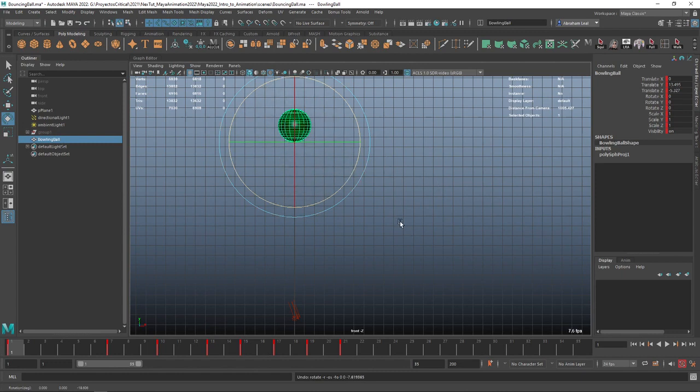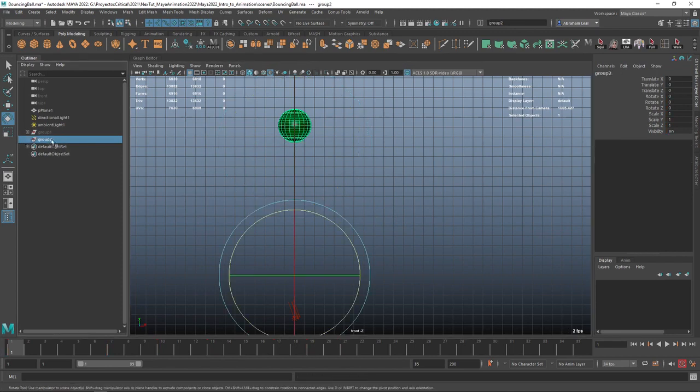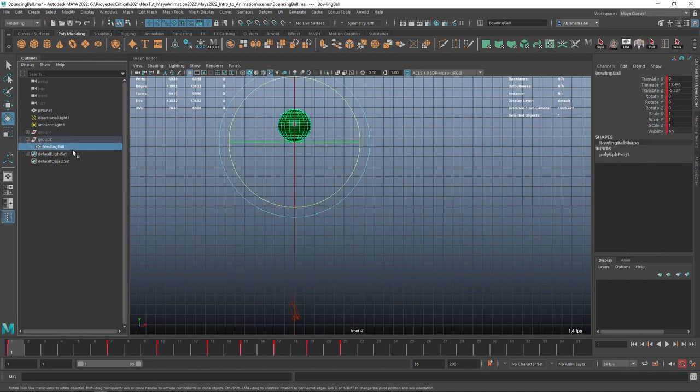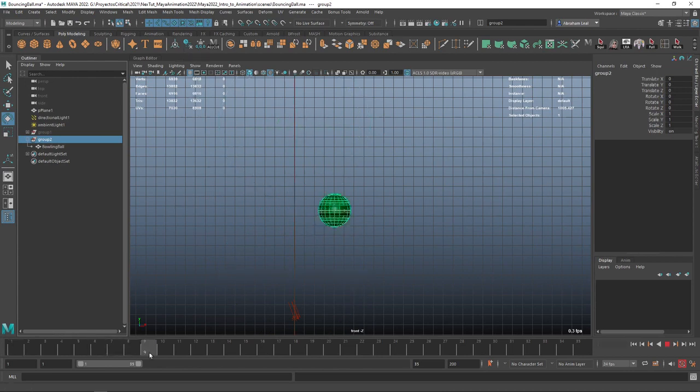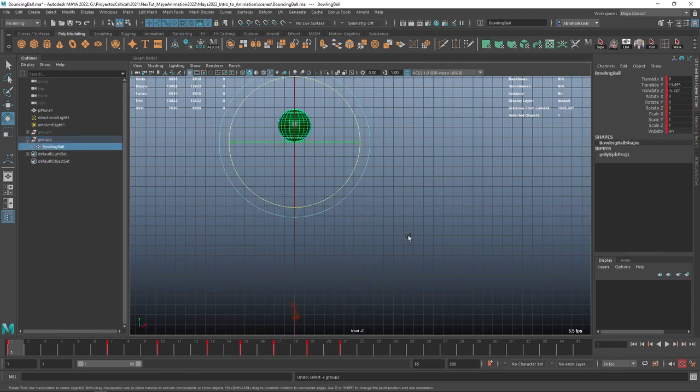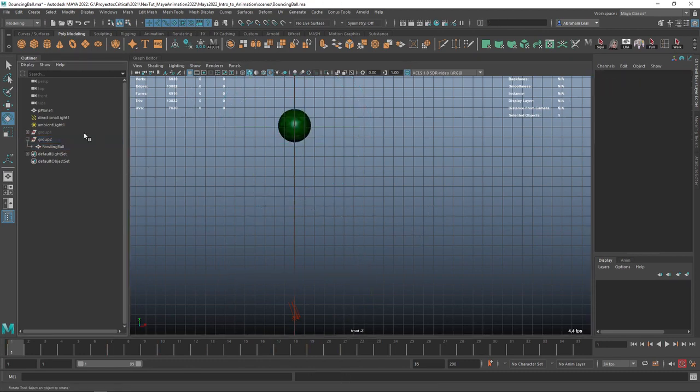This is something that we're gonna be taking a look at later on when we do some simple rigs, but there's something called a hierarchy. And if I group this guy, Control G, now this group right here is a parent of whatever is inside this, right? So this bowling ball will keep doing its animation down here, but this group, I'm gonna be able to animate something different in here. So if I center the pivot point here, wherever I move this guy, actually no, the group's gonna move there. So in this case,